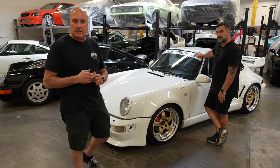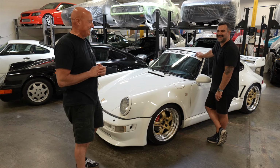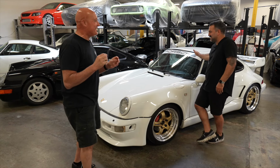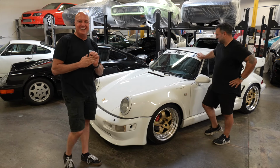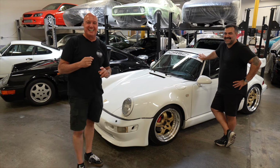Good catch, by the way. I love how you did that without shaking the camera. Image stabilization. He did it so well. So focused. I'm sweating and it's like...